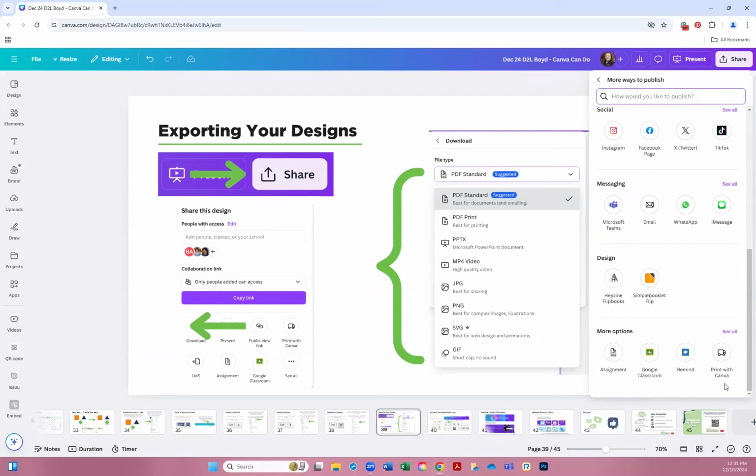If you click print with Canva, this will take you to a page where Canva will print that for you. Whether that's business cards or newsletters, any kind of printed graphics or printed media, Canva can make those for you and actually ship them to your house. So to answer that question of is there an easier way other than downloading a PDF, I'm not seeing it